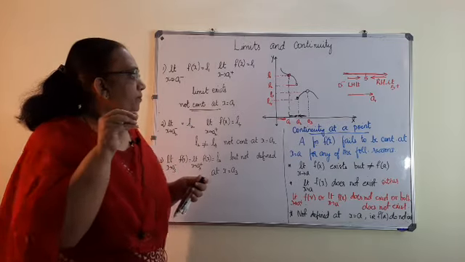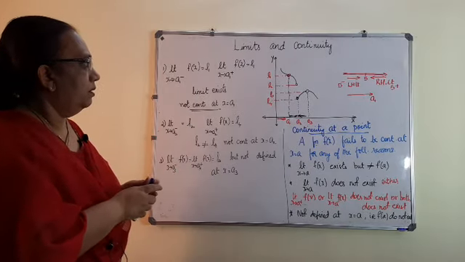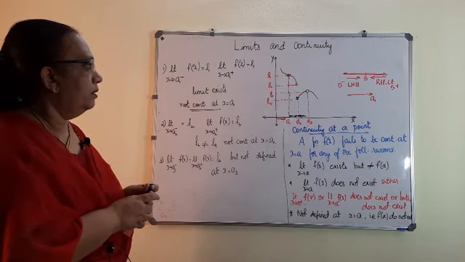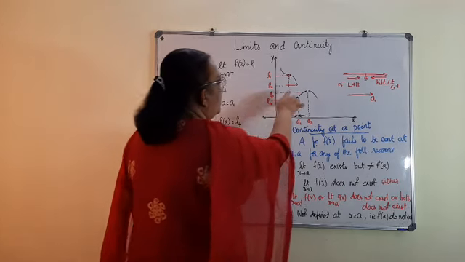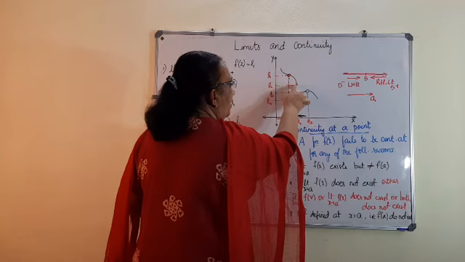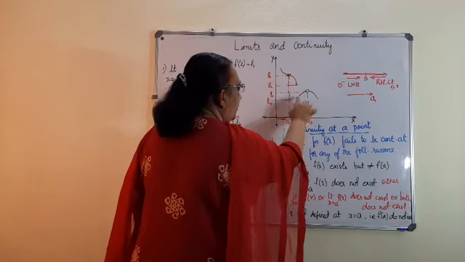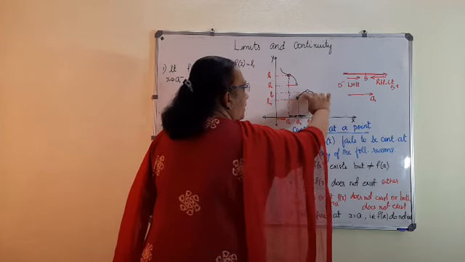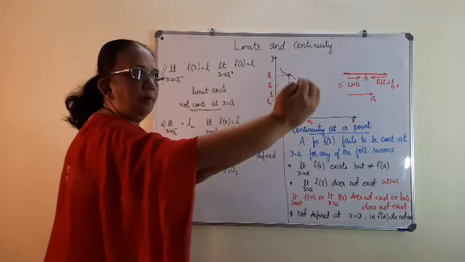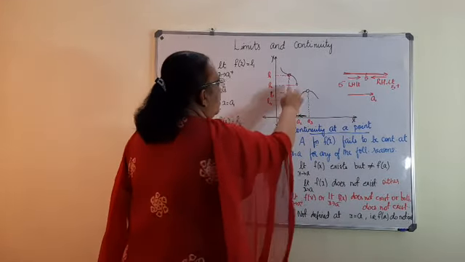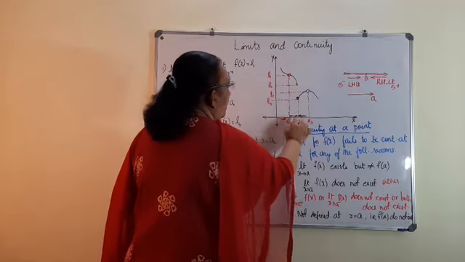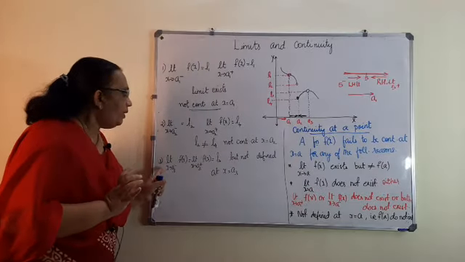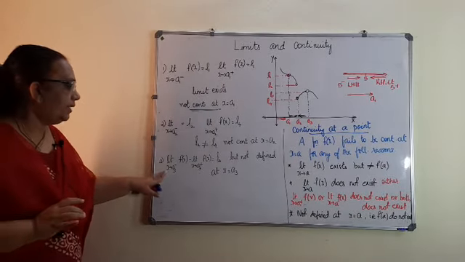If we simply look, A2 has got two values, L2 and L4. Then why is it coming L2 for left hand and L4 for right hand? Because this graph is only up to here. So this is only left hand. For the other point A2, for the same x coordinate A2, the graph is on the right side. There is a function. But here you can see that there is only a function on the LHS. Clear? Okay, very good.